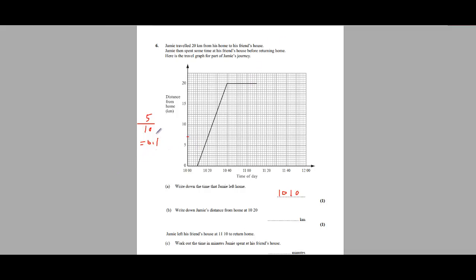So one small box is 0.1 kilometer. Okay. So it is between 5.1, 5.2, 5.3, 5.4. It is 5.4 kilometers. No. 1/2 is 0.5, na? 0.5. So it is 5.5,